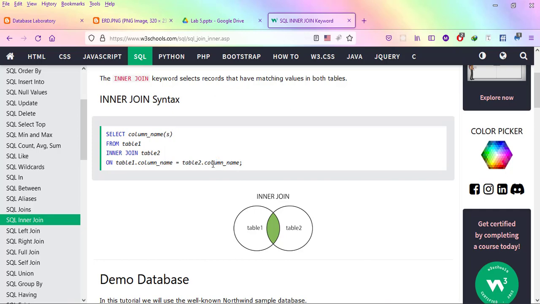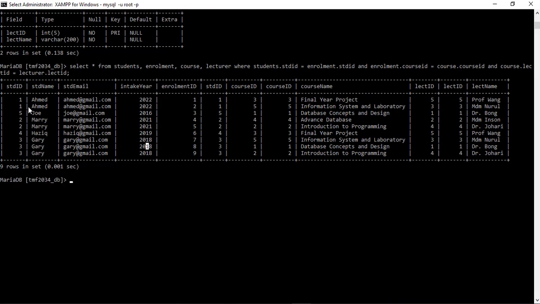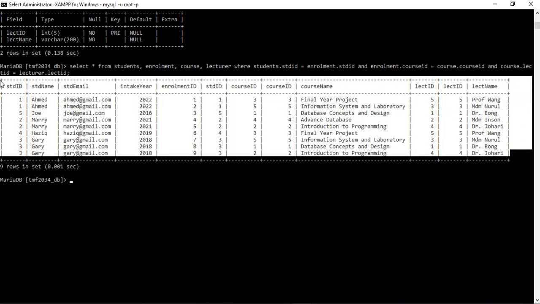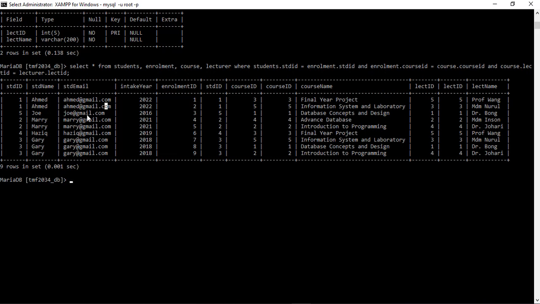Alright, now let's go and try the inner join first. I'll go back to our tables. You can see here how we used the select statement to select everything from all the tables. Now let's go ahead and use the inner join. We can say select all. You can put any column that you want. I just use select all from students. This is our first table, table 1. Inner join, let's say enrollment,